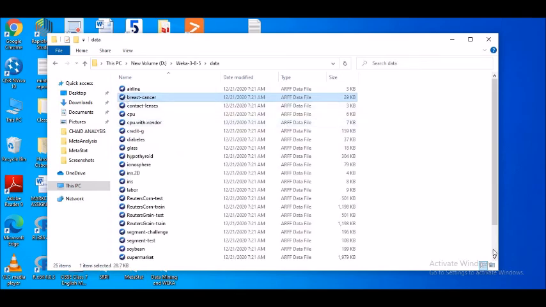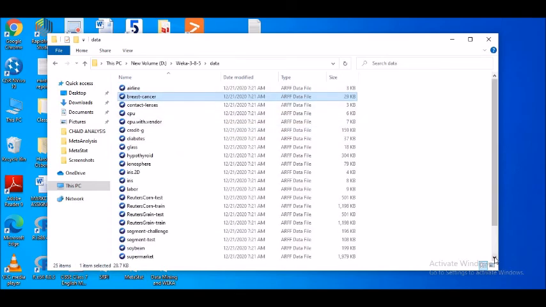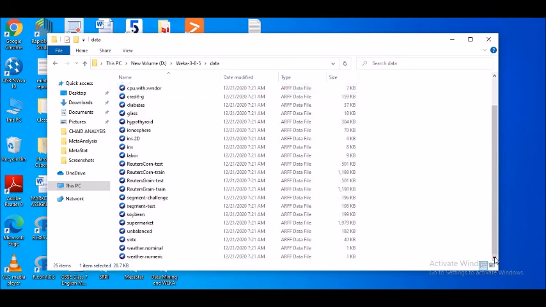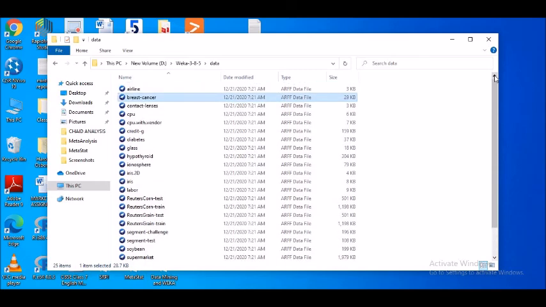That's number one. Similarly, here you can see what we call the data folder. So these are the data sets similar to the IBM SPSS. You get a lot of samples or data sets which are available, and they are used for further purposes. We all know why they are used and what they are for.